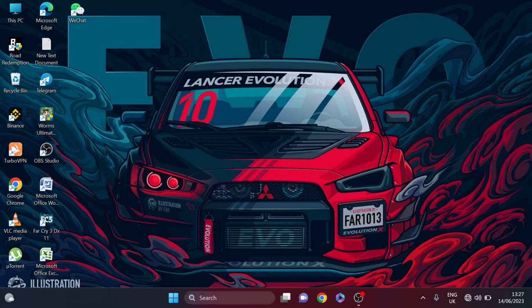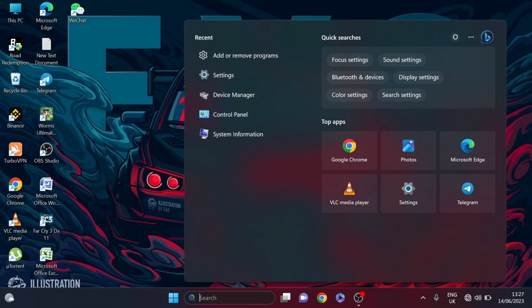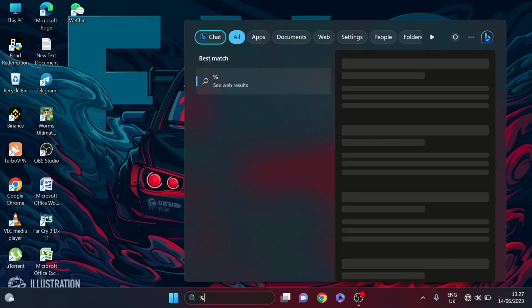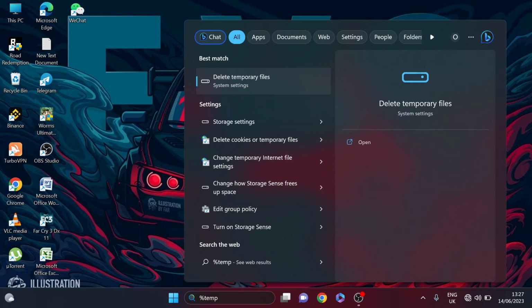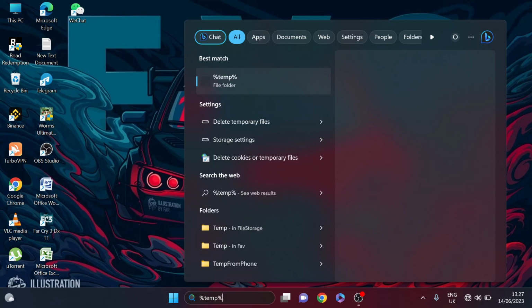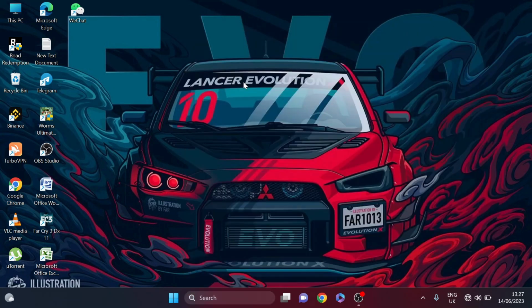First, you need to go to the search bar here. Then you need to search for %temp. So first you need to type the percent sign, then type temp, and again type the percent sign. So %temp, and you will have the option of a file folder, which is %temp here. So just click on it,